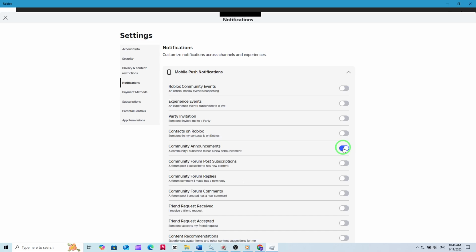By following these steps, you'll never miss out on important updates or special events from your favorite Roblox groups and creators. If you ever want to adjust your notifications again, just repeat these steps and customize your